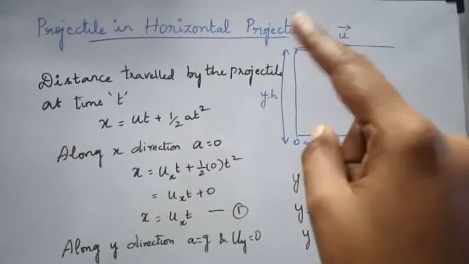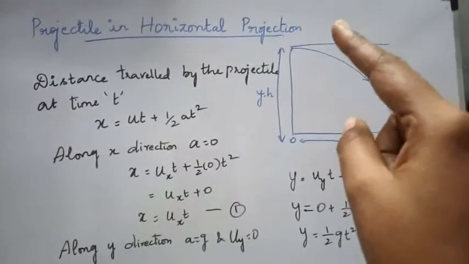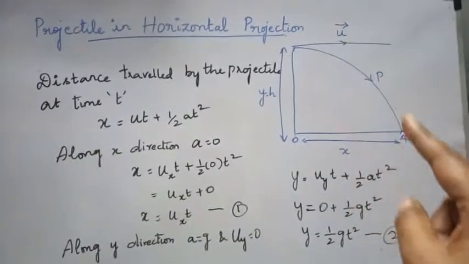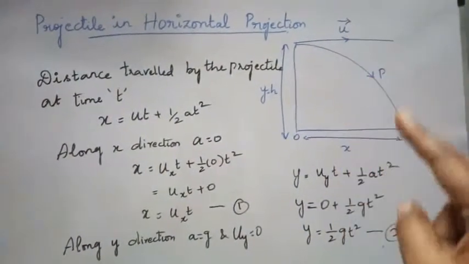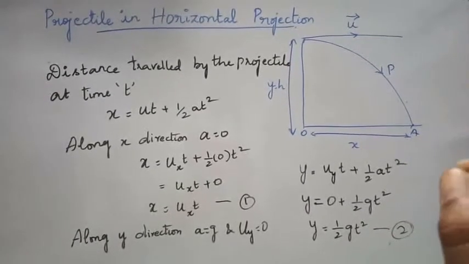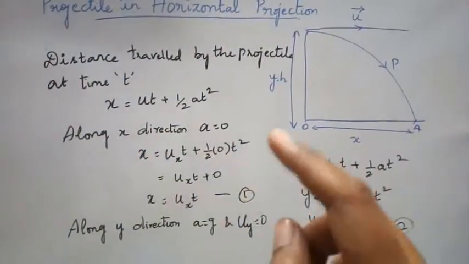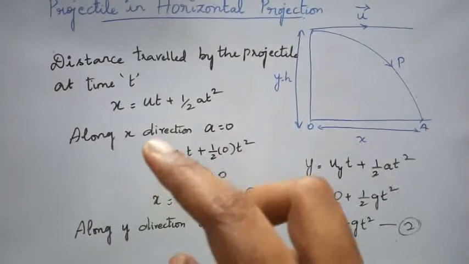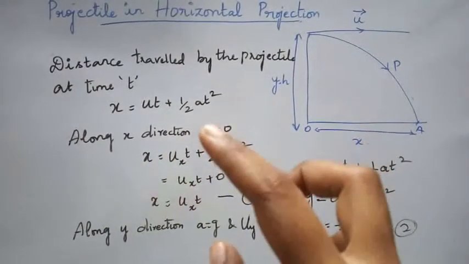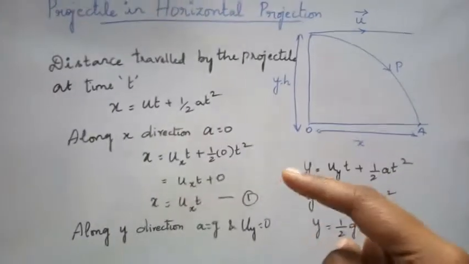At this top point, the object will have initial velocity u, and at one point it will stop there and drop downwards due to the gravitational force, and the object will have acceleration only due to gravity there. First we'll take the equation of motion. You know that displacement S is equal to ut plus half at square. With that you're going to derive this equation.